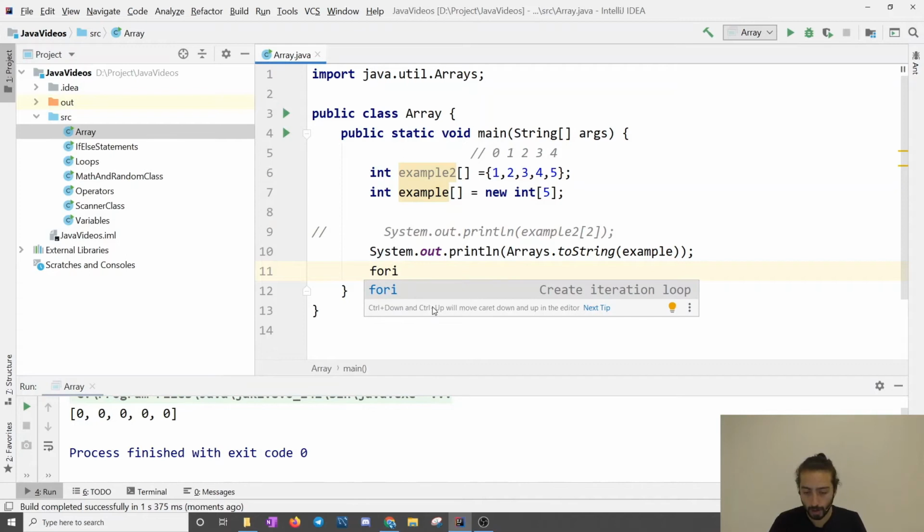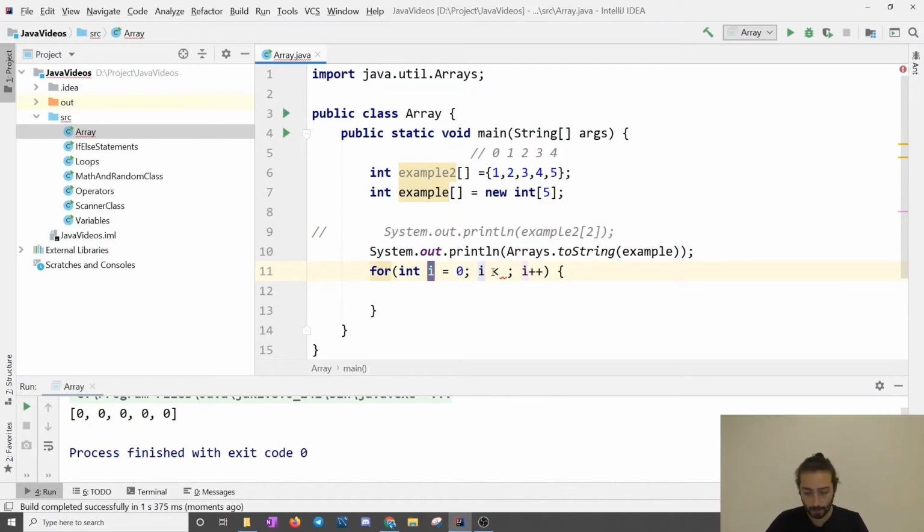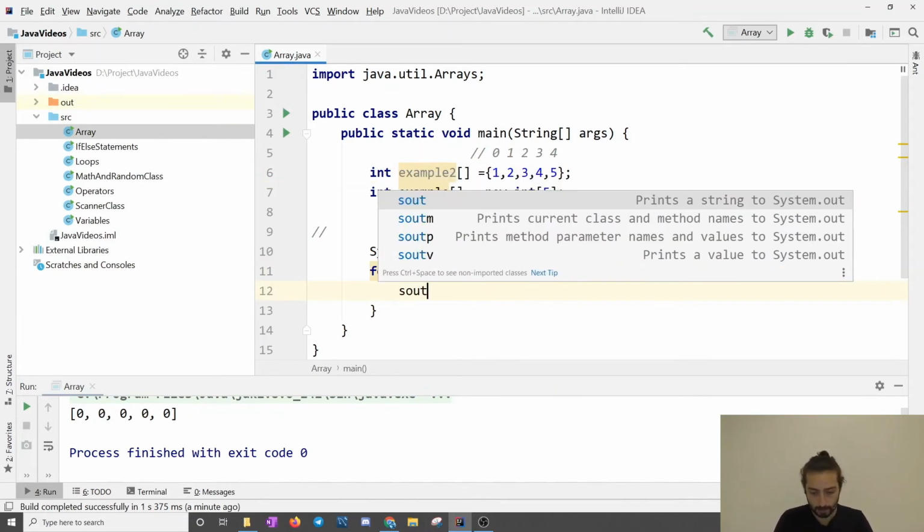So let's say for i from 0. What do we want from our array to run from here to here? What is the number we have to put here? It's 5, right? Because 0, 1, 2, 3, 4, it's not going to print out the 5. So this should work. And let me put out System.out.println